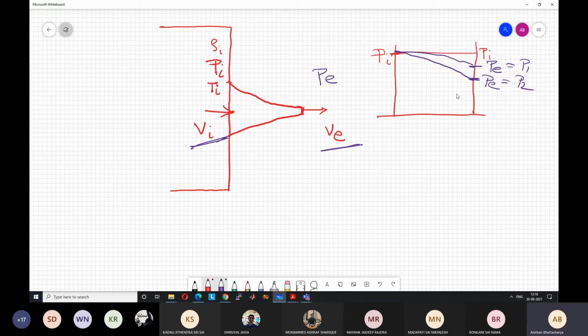So if I keep on decreasing the pressure, what will keep on happening to the mass flow rate and the exit velocity? They will keep on increasing. Can they increase to unlimited velocity, or is there a limit to which it can increase? There's a limit, sir. It is the Mach number equal to 1. Okay, sonic velocity.